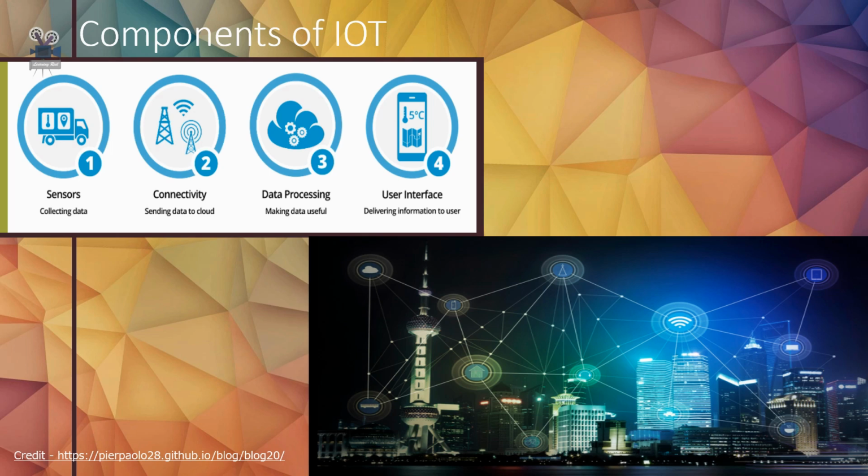As a simple workflow example, let's consider a security system in a house. Our IoT device will check if there are any intruders in our house using a computer vision system, sensors, nothing but sensors, right? The video recordings of the house are then sent to the cloud to see if there are any intruders or not, using connectivity. Successively, the data is processed in the cloud, which is data processing, and if some intruders are detected, we get alerted, which is through the user interface.